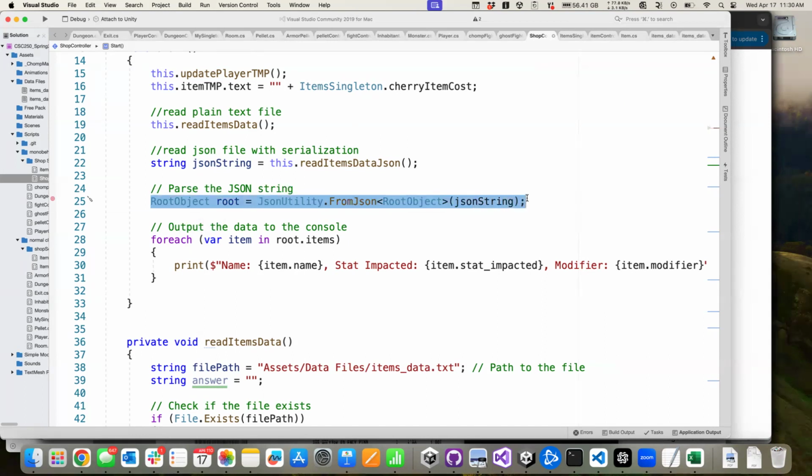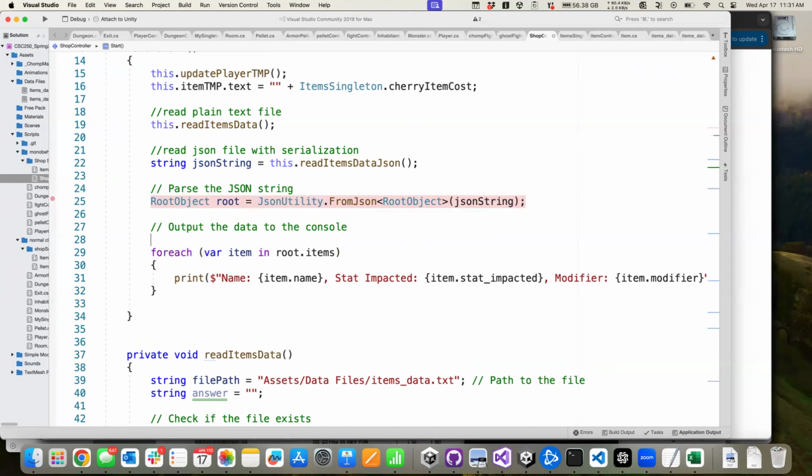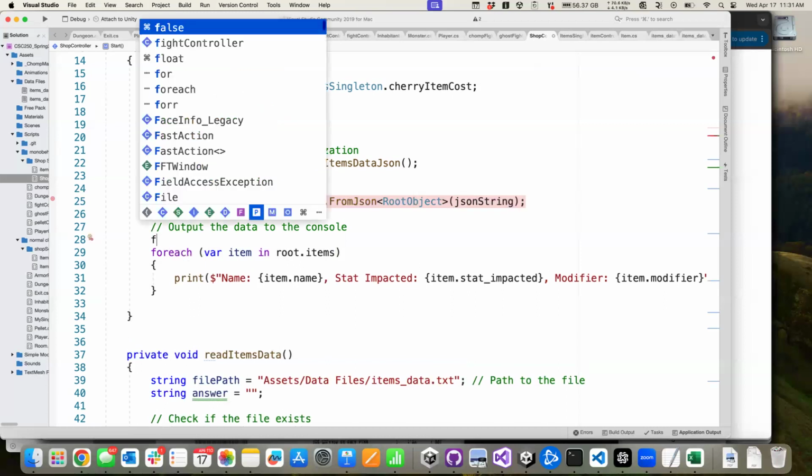Make sense? That's where ultimately C# is turning your text version of JSON into an object, which is a collection of item objects that has our stuff in it. All right. Now, I don't know if I've shown you this before in C#, but there exists a foreach loop in C#. So we've traditionally used for loops and while loops. And I want to say I probably showed you a foreach loop in Java at some point where it would have been